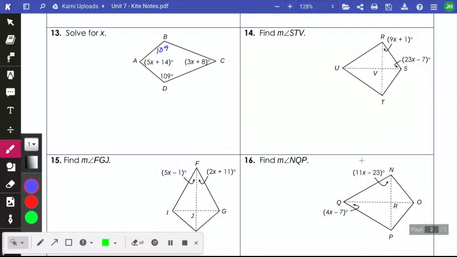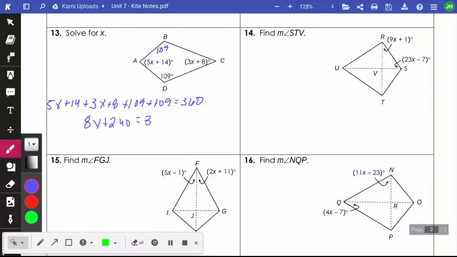So what we can do is set up an equation where we use the fact that all the angles are going to add up to 360. So I'm going to do 5x plus 14 plus 3x plus 8 plus 109 plus 109 is going to be equal to 360. Now we're going to combine all of our like terms by adding our x's. So we'll have 8x. And then adding all of our numbers together, we're going to have